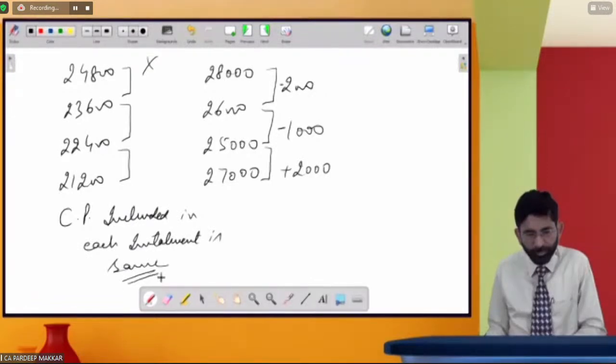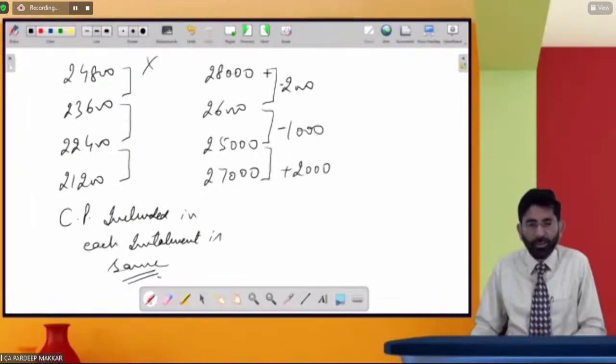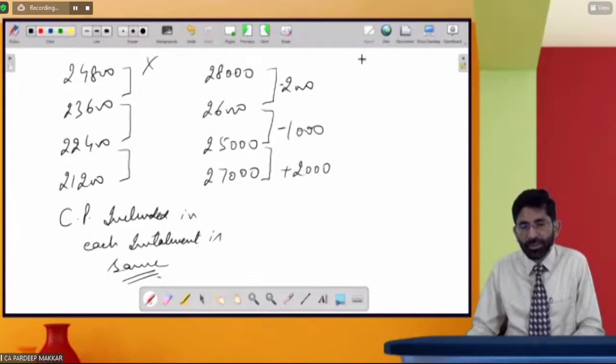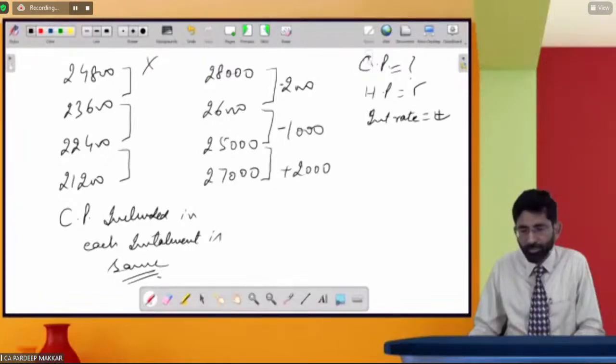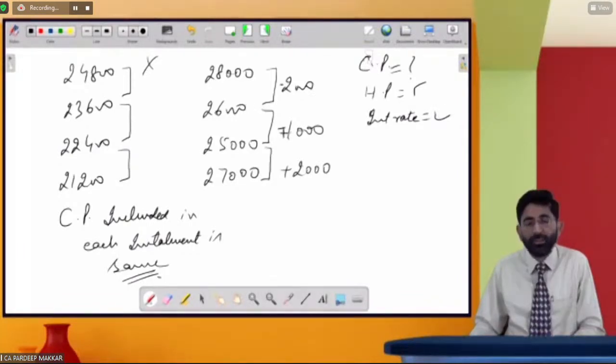बट इस क्वेश्चन में देखो, अगर इस तरह से आ जाता है, डिफरेंस बिटवीन एनी टू इंस्टॉलमेंट्स, ये कब करना है? जब सीपी नहीं गिवन, हमें सीपी गिवन नहीं है क्वेश्चन में, हमें एचपी गिवन है, और इसके अलावा इंटरेस्ट रेट भी गिवन है। अब इस केस में हमने सीपी निकालना है, तो सीपी कैसे निकाल लेंगे? वो निकालने की कोशिश कर रहे हैं हम लोग। तो इस केस में टफ लग रहा है, क्योंकि इस केस में ये वाला मेथड नहीं लग सकता जो हमने पहले करा था।